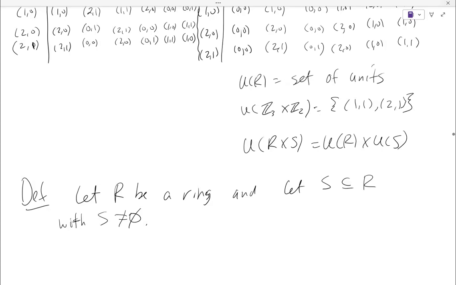That's not very interesting. We say that S is a subring of R if,